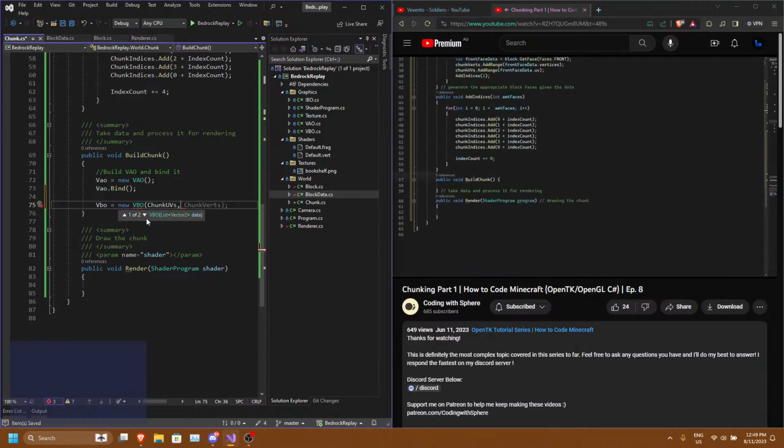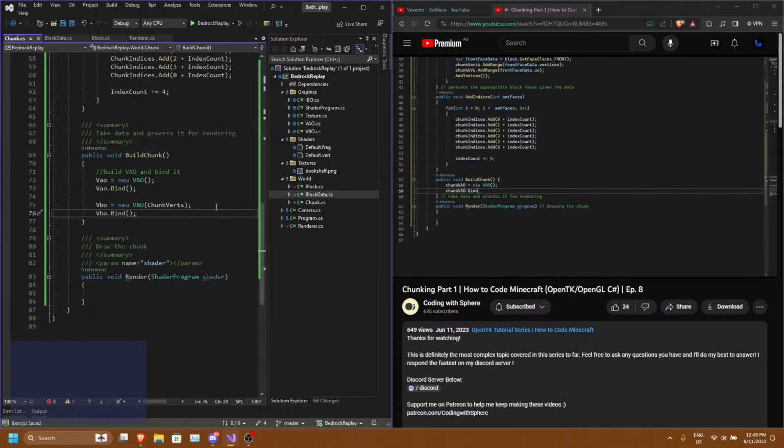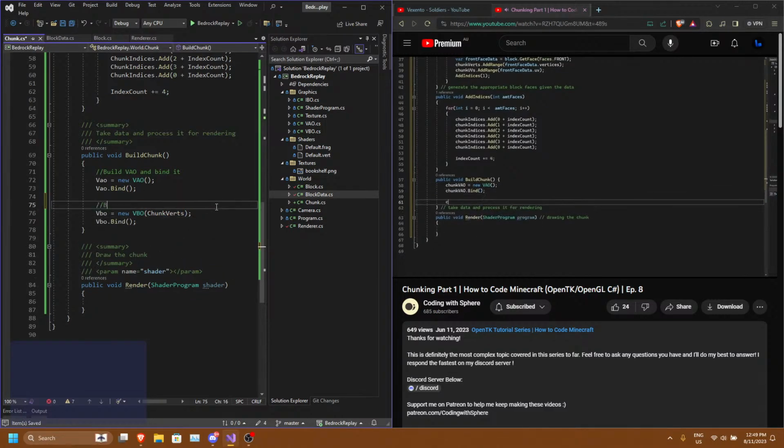So now all we need to do is just use this in our build chunk here. So I'm going to do chunk VAO equals a new VAO. I'm going to do chunk VAO dot bind, and then we can do chunk vertex VBO equals a new VBO. This is going to take in our data, and for this we're going to do our chunk vertices. And then what we're going to do is we're going to do chunk vertex VBO dot bind,